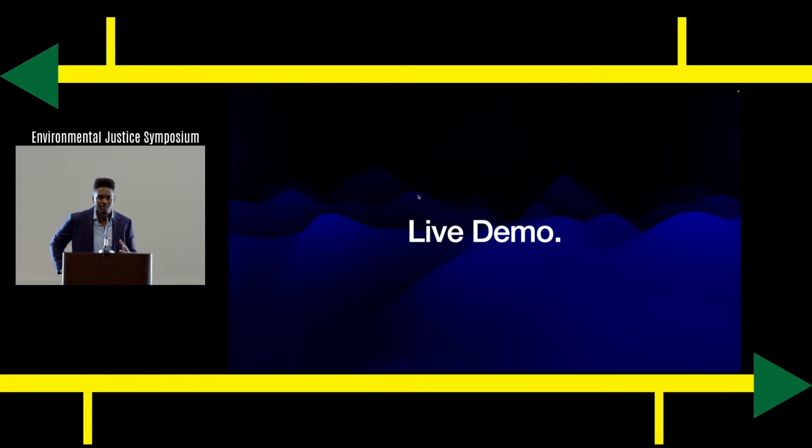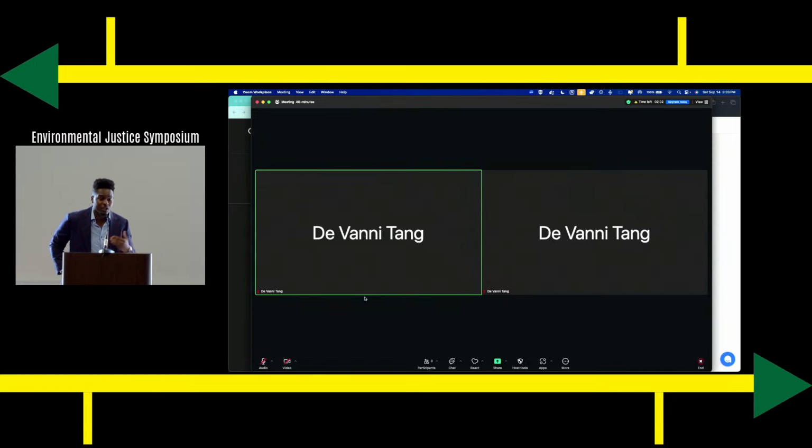Again, we wanted to focus on keeping it a very simple user interface. We don't think that it should be super complicated for you to be able to provide this information. And so the focus is on making sure that we streamline that process as quickly as possible. And again, for the community leaders